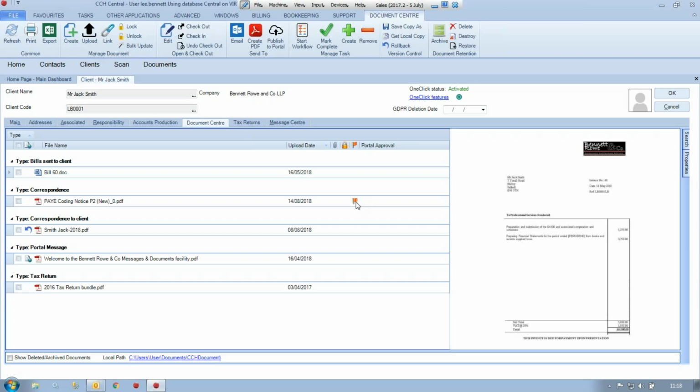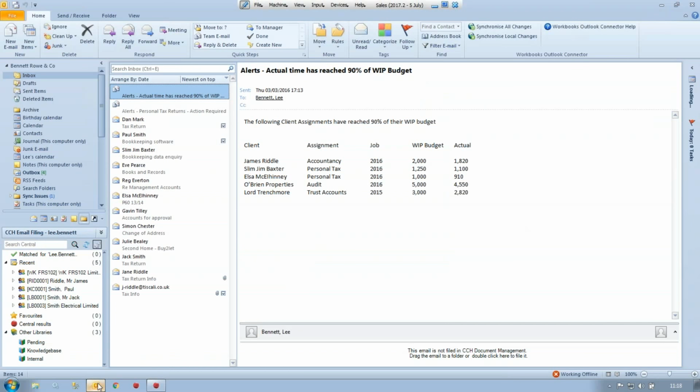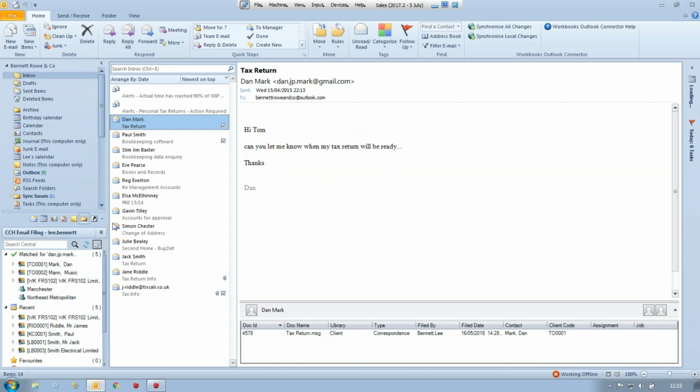But the next area that I just wanted to touch on was emailing. Still obviously very prevalent. Clients are still going to be emailing you stuff, whatever that stuff happens to be. And you'll see I've just opened up Outlook, got my standard inbox in front of me. But what you'll notice is on the bottom left-hand corner of my screen, we've got the CCH email filing add-in. And what this will do, it links directly to CCH Central, and it will go and identify the clients based on their email address. So if I just click into Denmark, for example, you'll see down the left-hand side,